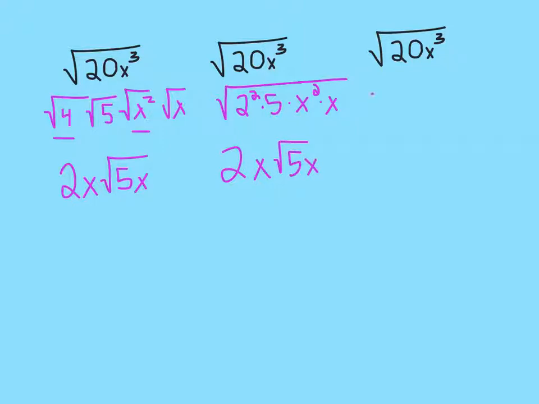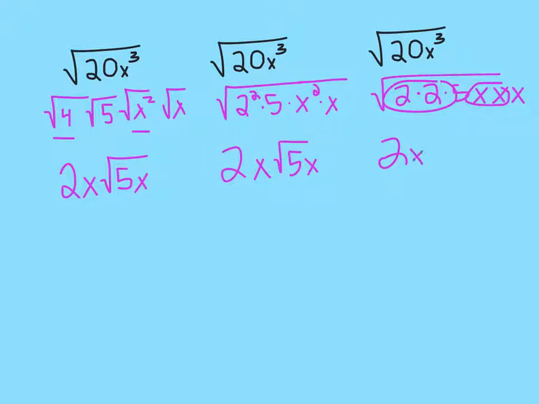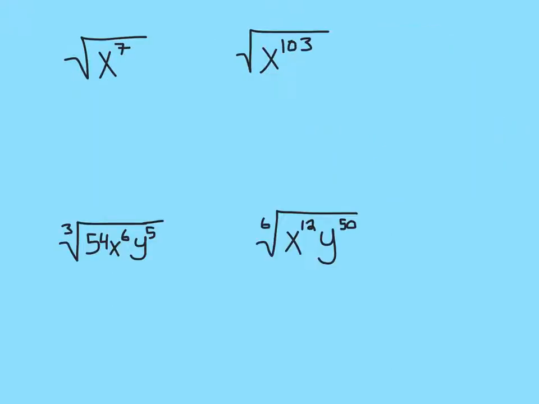Or you may have even written out every one of your prime factors, 2 times 2 times 5 times x times x times x. This is visually a good way to start, but it's not a very efficient method as you get into larger indexes and higher exponents inside. The same principles will still apply as we get into higher exponents, and you don't want to be writing out all of your x's or always going to prime factors. You want to figure out what is the largest perfect square or perfect cube or perfect fourth power that goes